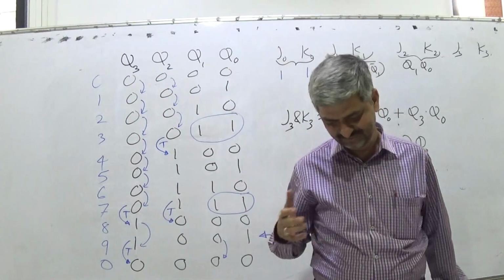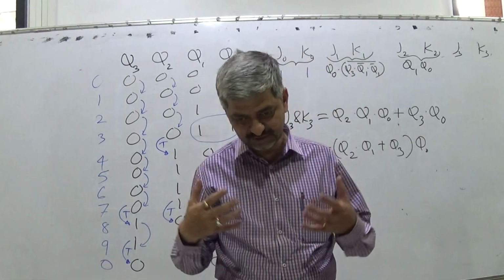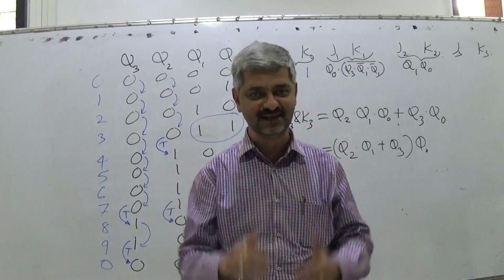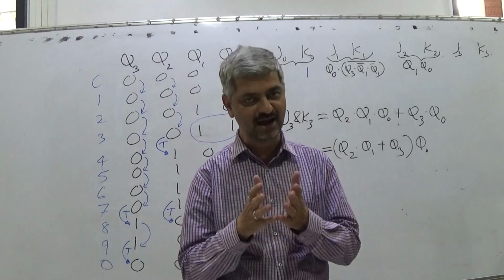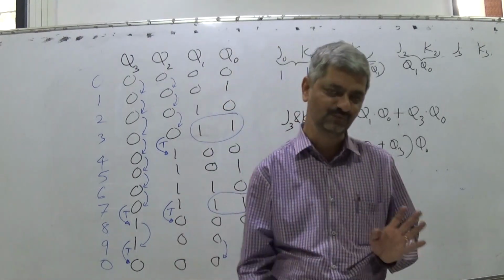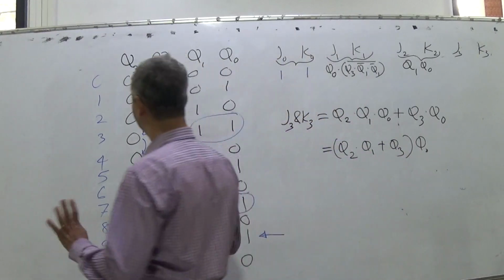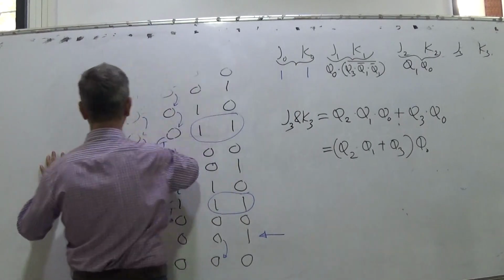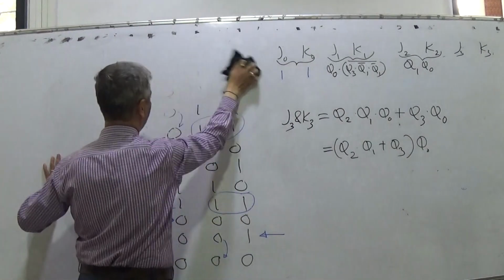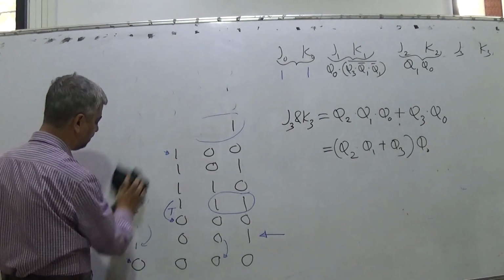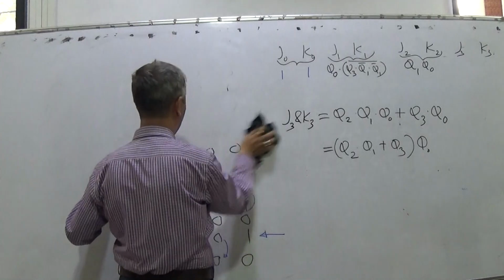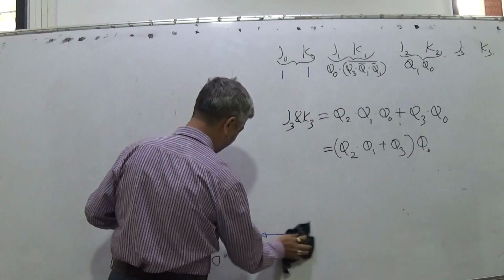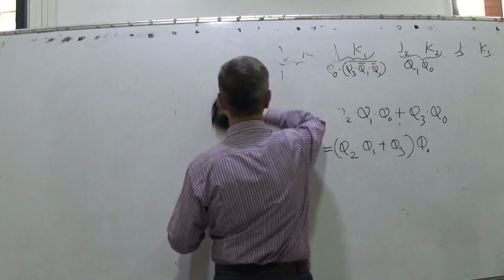Since the scope of this particular module in the entire syllabus is not so big, I have to curtail my discussion. I think we discussed more than what was required. All these counters are called synchronous counters. Synchronous counters means in all these counters, whatever number of flip-flops we use, the clock given to each flip-flop is the same, and we go for designing J and K of each flip-flop separately.